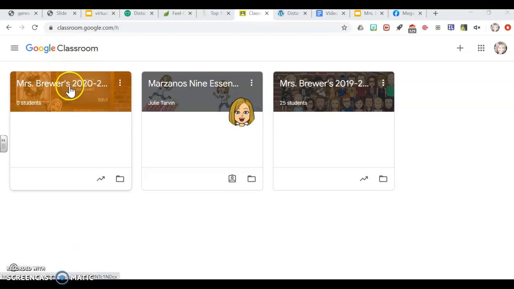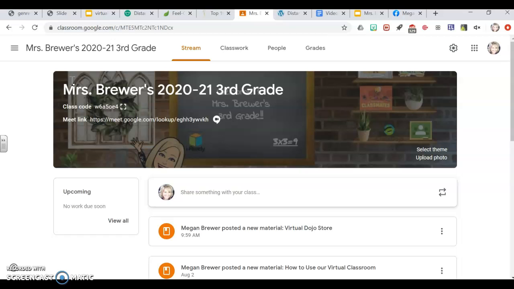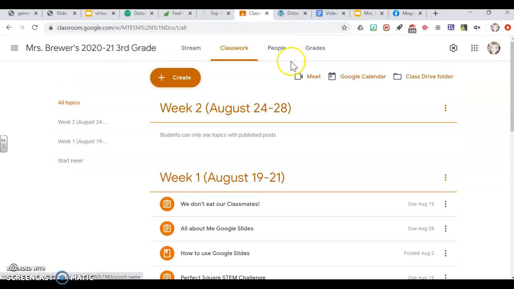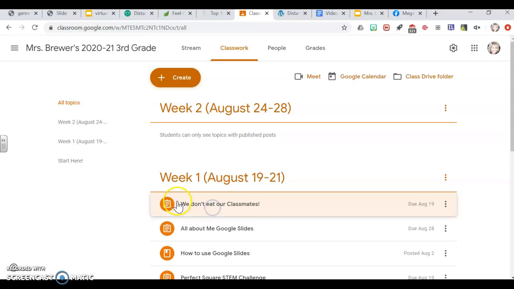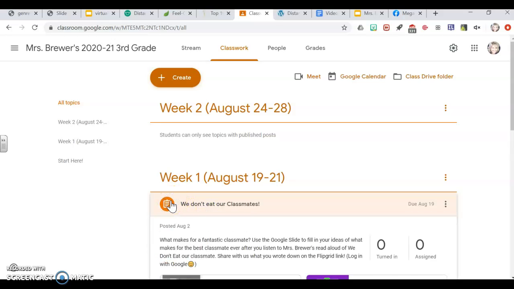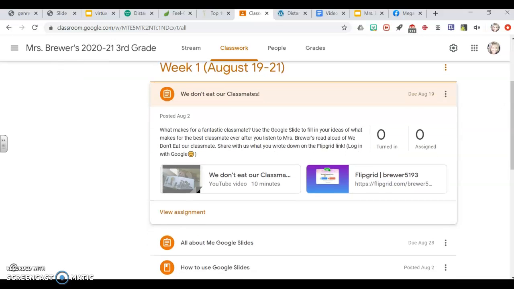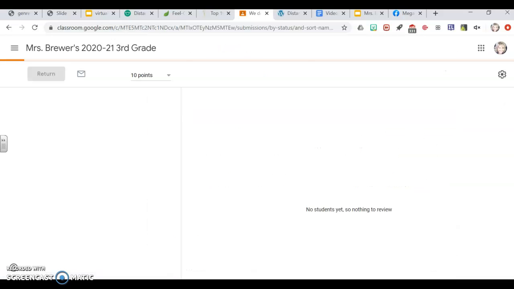From Google Classroom, we're going to select my class and go to classwork. From classwork, we're going to click on the We Don't Need Our Classmates assignment, because this assignment actually has a FlipGrid with it. So when I click on View Assignment,